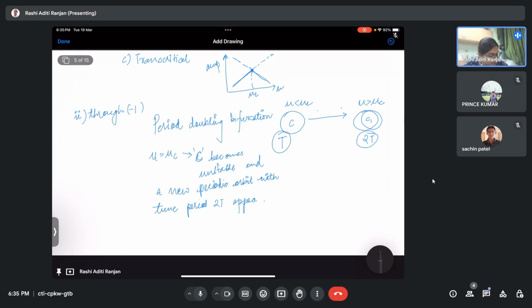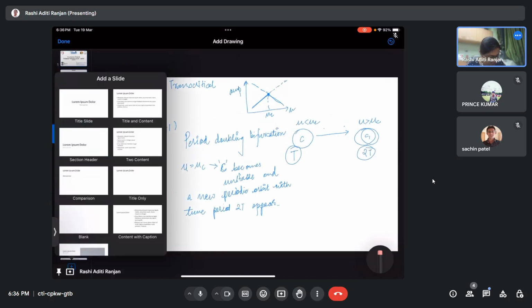So initially there was this periodic orbit. Now as I changed the parameter, as mu was varied, this orbit C becomes unstable and a new orbit C1, which has a time period 2T, 2 into capital T, appears. So this is a period doubling bifurcation. So if my Floquet multiplier passes through -1 with the change of parameter, a period doubling kind of bifurcation is seen. And the third case is that of a,